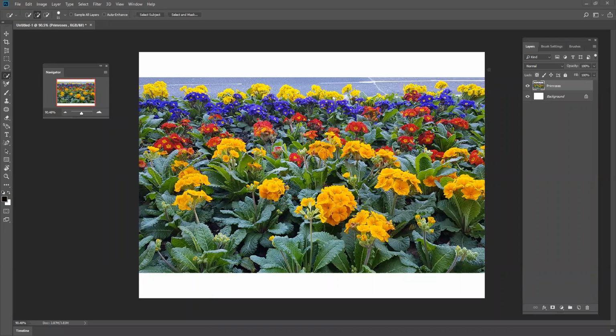So in this video, we'll just be looking at ways of changing colors within an image, isolating particular flowers and changing their color. So we've got a municipal street side planting here of some very garishly colored primroses. I'm going to take these primroses here, because they're quite prominent in the front, so bright orangey yellow, and change their color. I'm going to do that by first of all selecting the